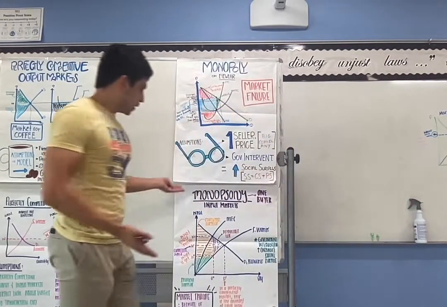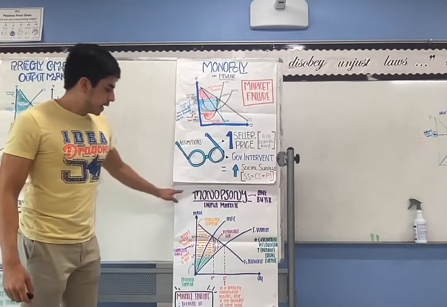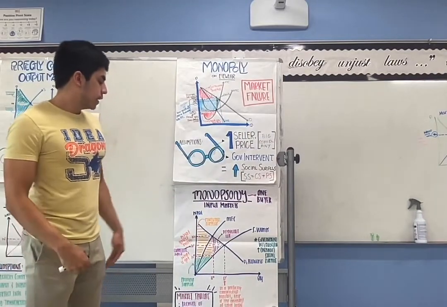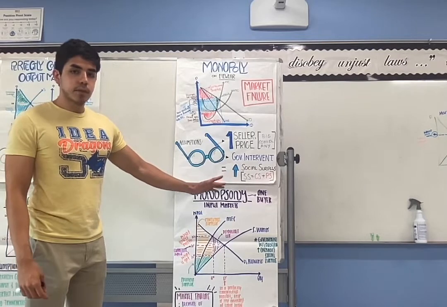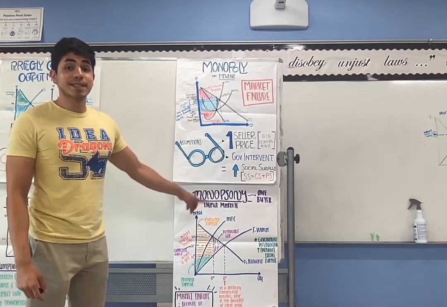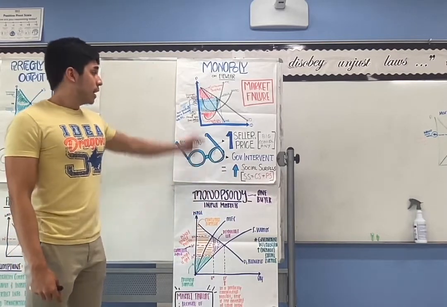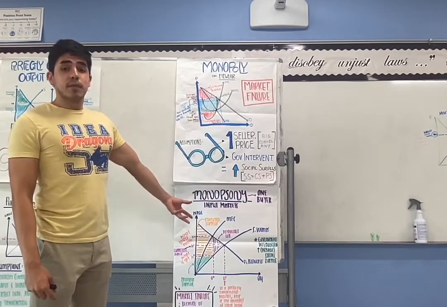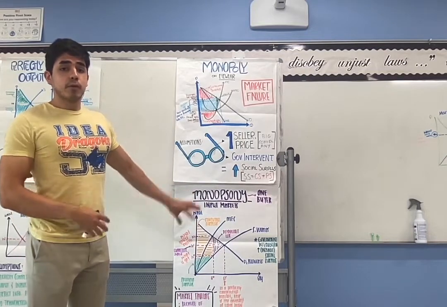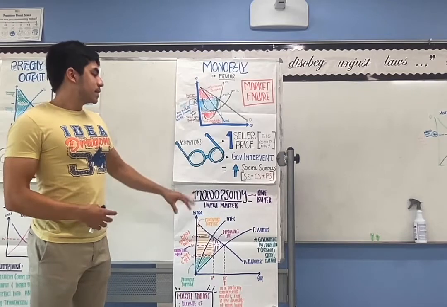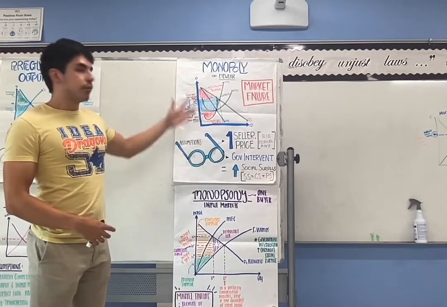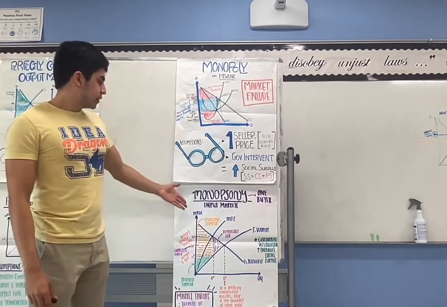But in the monopsony model, we can see that the demand curve is downward sloping. The supply curve is upward sloping, but the marginal factor cost curve rises at a faster rate than the supply curve. It's essentially the reverse of the monopoly model. In that video of Alan Krueger, remember he talked about how monopsony is essentially the reverse of the monopoly model. And we can see that here.